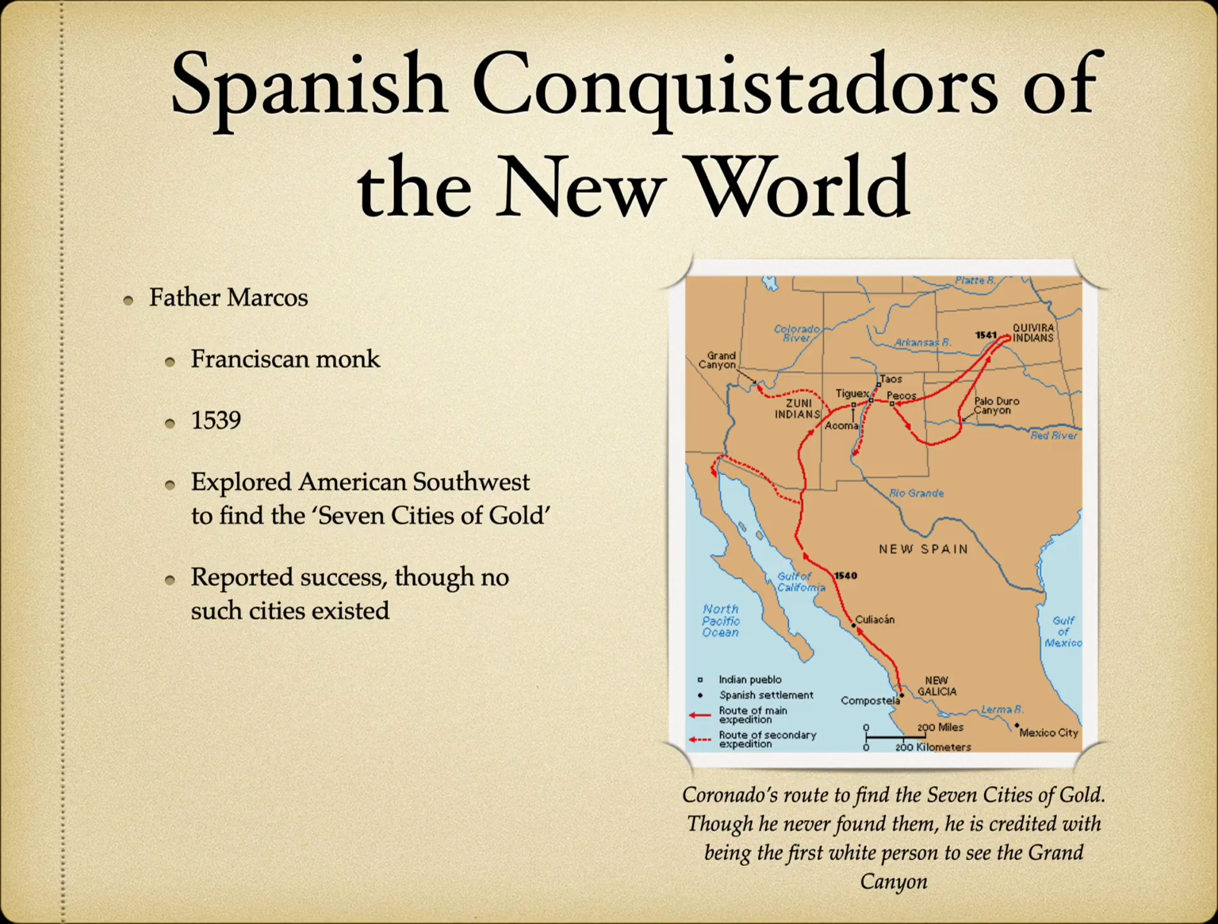Father Marcos believes it because he is told it, okay? So he will report back with success, and that will help spur the expedition of the next guy we'll talk about, which is Francisco Coronado. He will go out the very next year in 1540, and he is exploring the American Southwest as well. He, again, is looking for those 7 cities of gold. He will not find them either, but he is the first European to see a big, giant hole in the